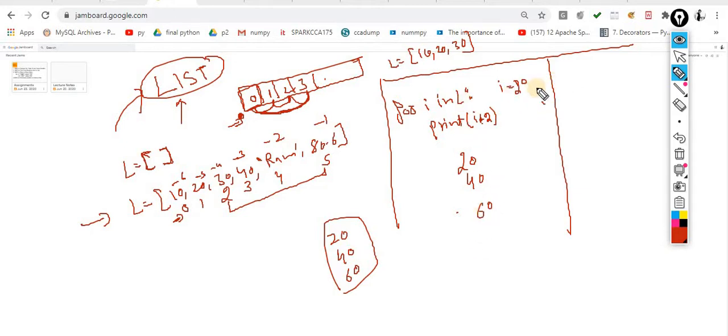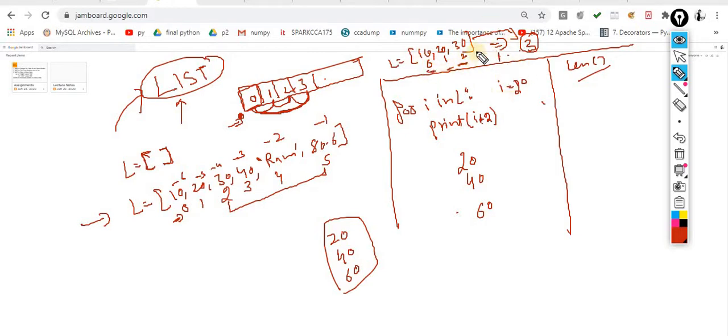And the second way, the same thing can be done with the len method. We already discussed the len method n number of times. So len always returns the count starting from 1. By default, the indexing starts at 0, but if I start counting with the help of len, then the counting will always start from 1. So 1, 2, 3. How many elements are over there? There are 3 elements, but the indexes are 0, 1 and 2.